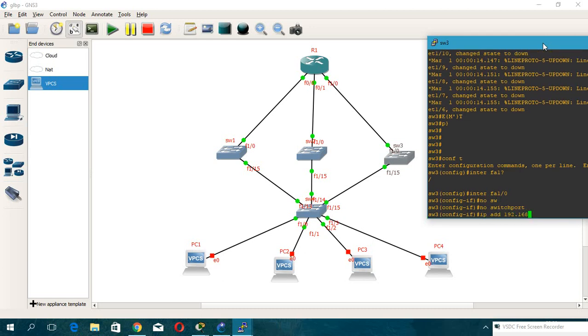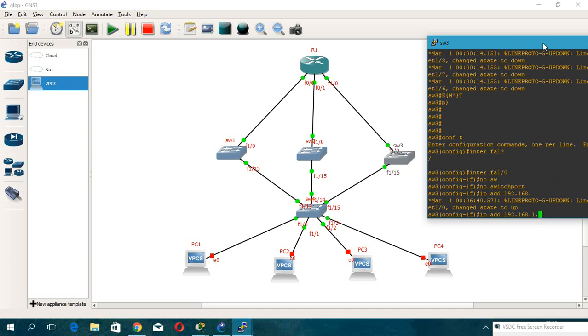Which IP address? 333, don't need that, 3.3.2. 255.255.255.0. Interface also